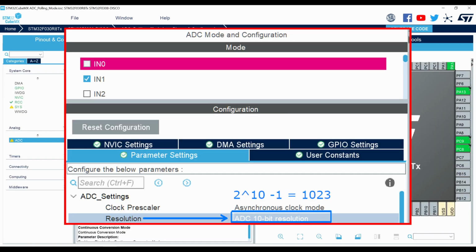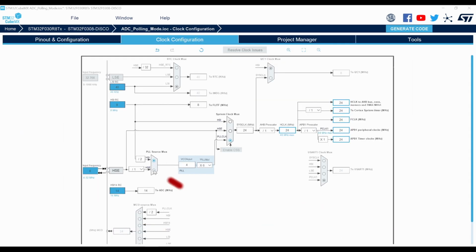For a 10-bit resolution, the digital range is from 0 to 1023. Therefore, unless there are specific reasons to use a lower resolution, it is generally better to aim for a higher resolution.